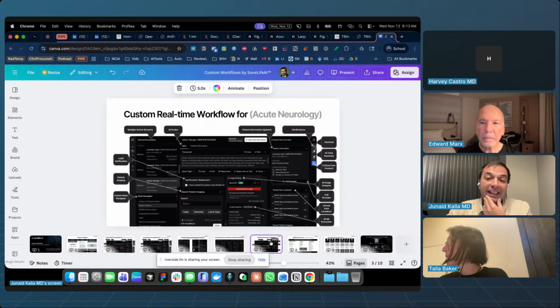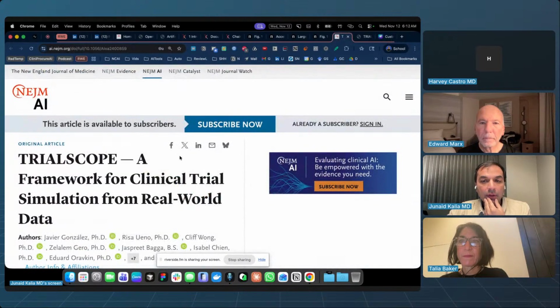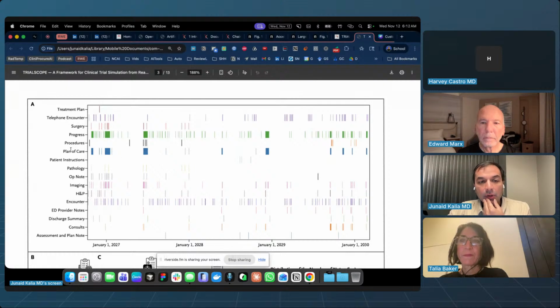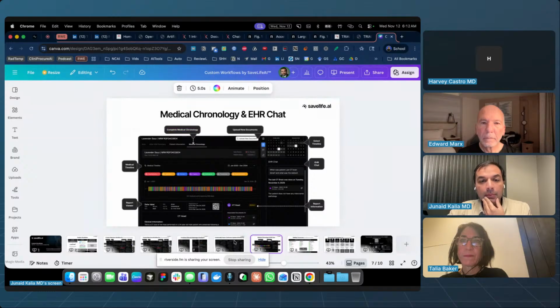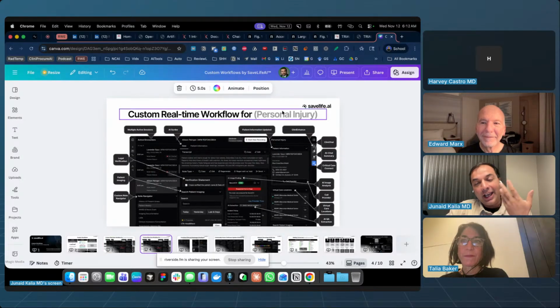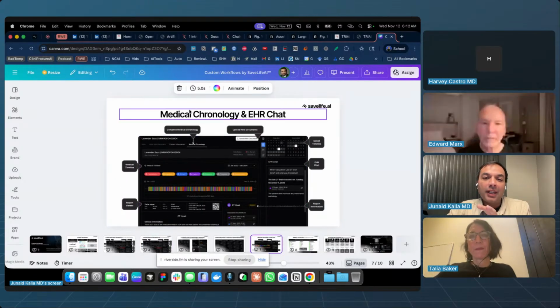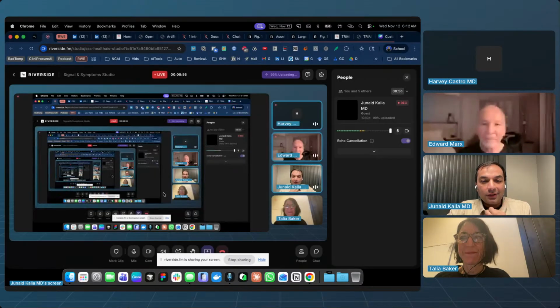More importantly, we are building the exact medical chronology, because the medical chronology needs to be very important, as noted here: what was the plan of care, procedures, etc. We are officially building this as core, honestly, because we're getting a contract from personal injury. But eventually I realized that there could be many, many use cases for this medical chronology as well. So I'm going to stop here. I apologize, it took a little longer, but I just wanted to give you the whole scope of things.